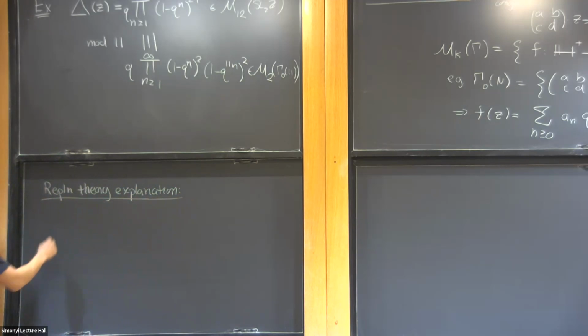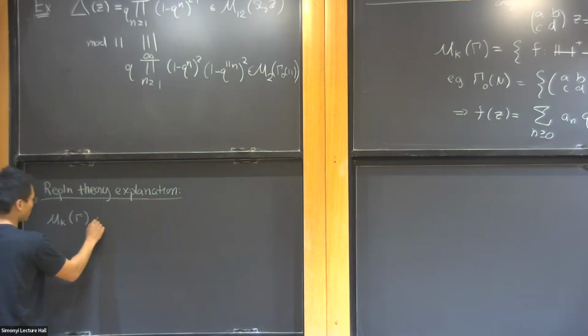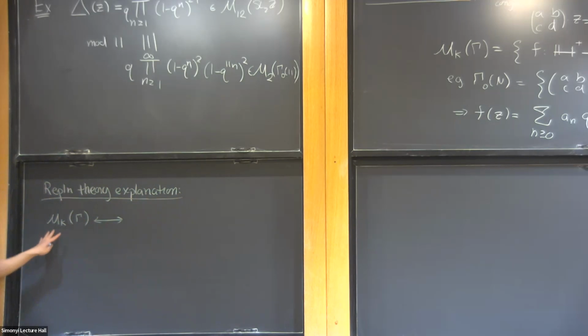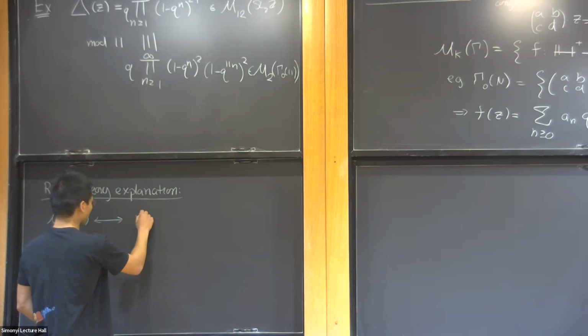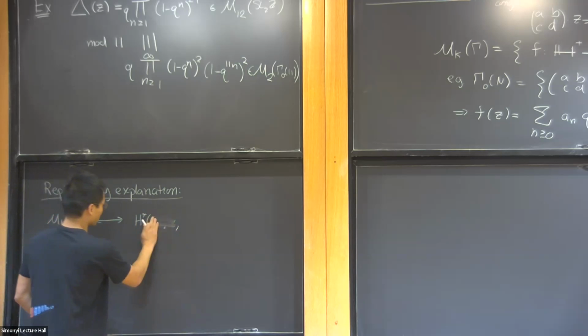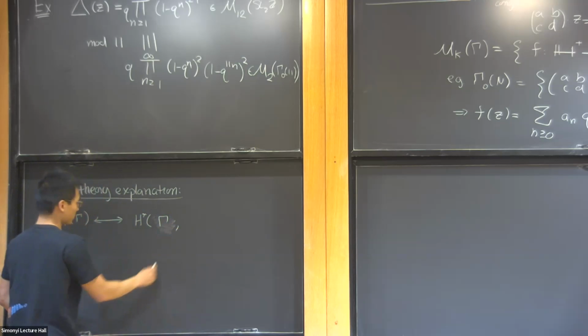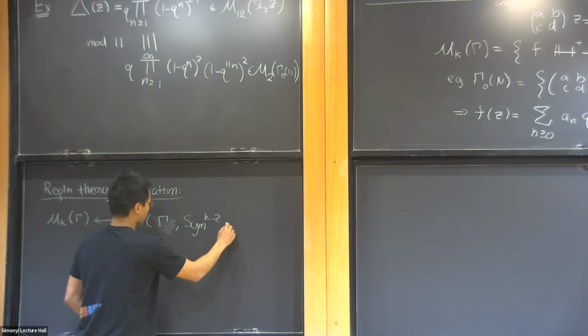namely by something called the Eichler-Shimura relation. If you look at modular forms of weight k and a given level, and you look at the Hecke eigenforms, and here you look at the Hecke eigensystems, they'll be the ones appearing in the group cohomology of SL2(Z), or sorry, I should put Gamma, with coefficients in Sym^(k-2) of the standard representation.